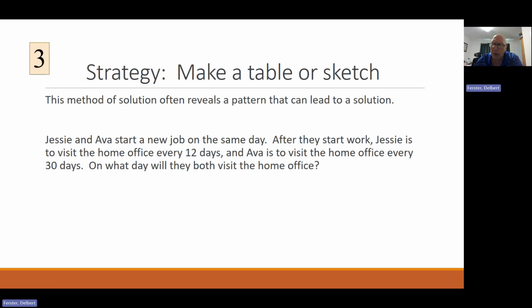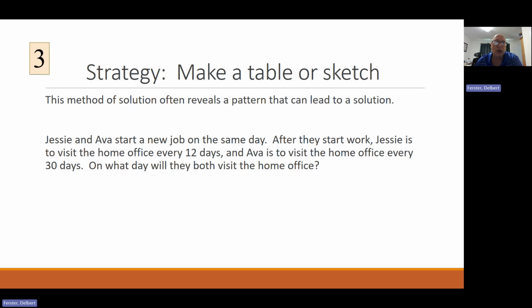Again, you could certainly approach this problem a lot of ways. A great number of young students. And again, I realize the 30 may be a clunky number. Maybe I would have been better served with a smaller number there for the young learners. But for us, I think we'll be okay. So what we could do is generate a list of multiples. Jesse's there on day 12, on day 24, on day 36, and so on. And we would do a similar kind of thing for Ava and try to find a number that occurs in